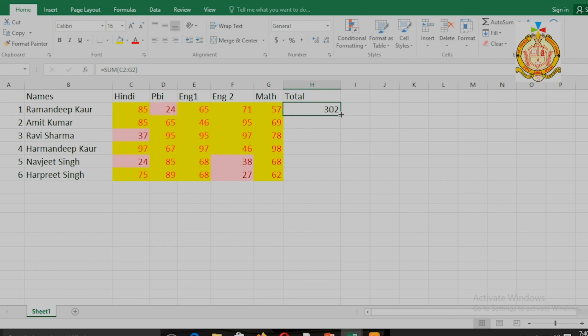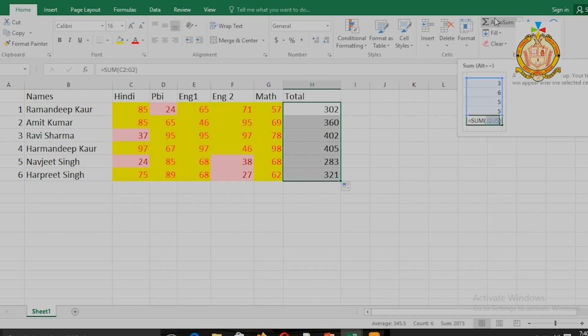Now if we have 100 or 500 students, how do we get the total within a few seconds? Very easy. We have to see this plus sign. When we get this type of cursor, we drag, and after dragging we get the result. You can use the Sum function, AutoSum, anything to get a result.